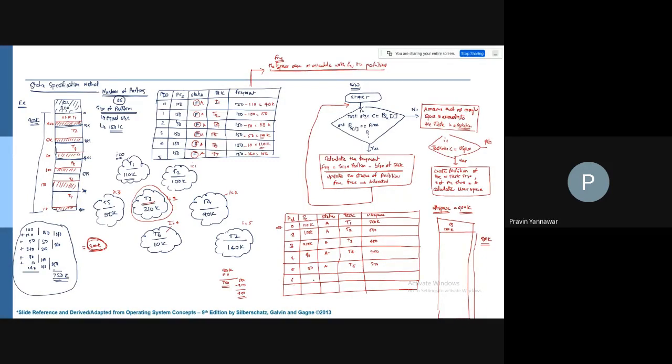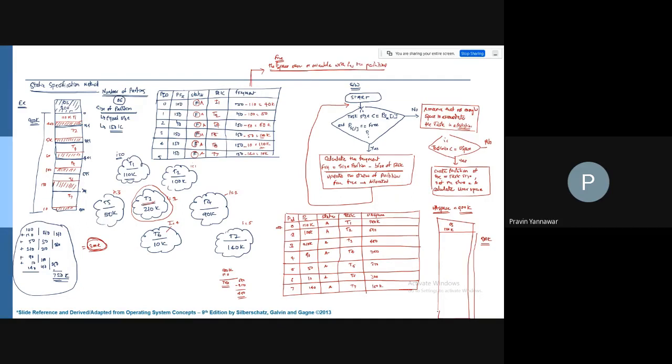Now 6 is 10k, which is allocated, so this is T6, and 310 becomes 300. Then T7 is 140k, so it is accommodated. This is T7, so 160k free.